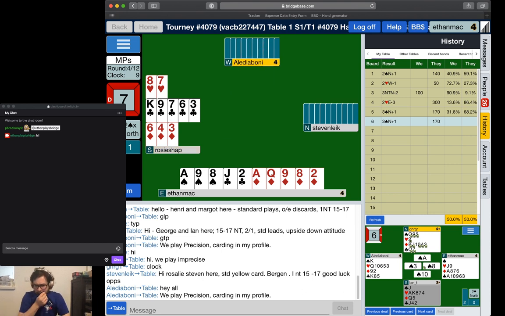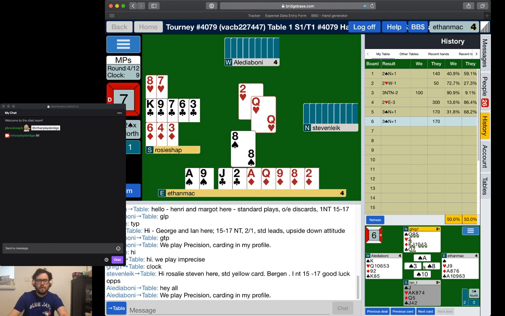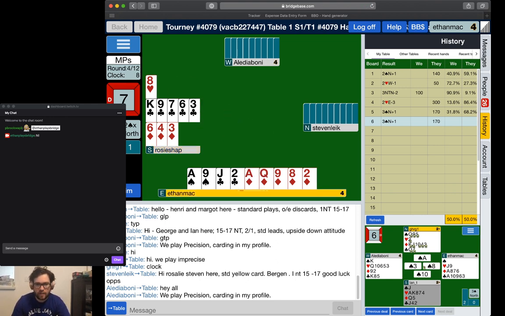If partner shifts to a diamond, which I think he might, or even a low heart, I can rough, play my ace of spades, and then start attacking North's hand. If I was to count points at this point. So I think I'm going to rough this. And I guess I have to ask myself if I want to play the ace of spades and then try to pull North's trump or not. I think,